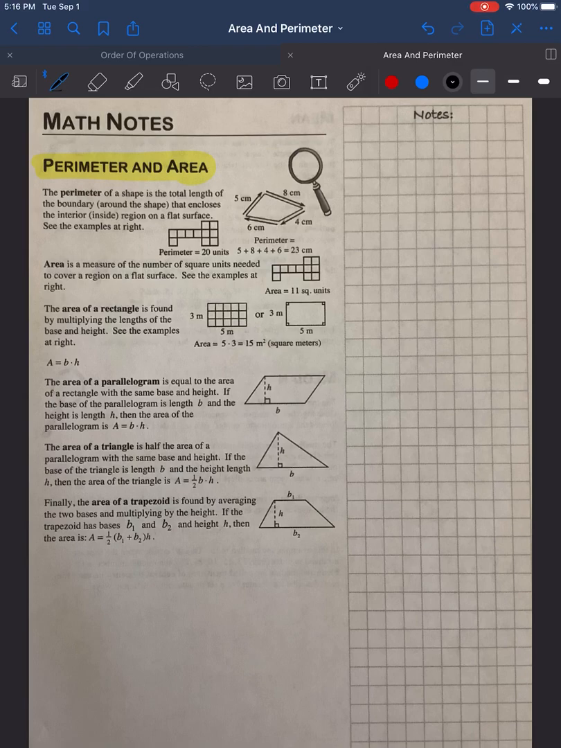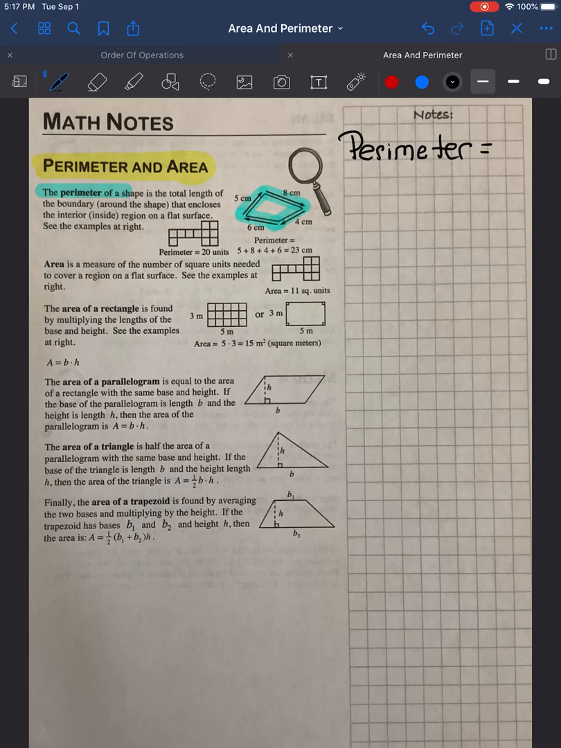First of all, perimeter. What is perimeter? It is the distance around the outside of any shape. Well, any polygon. Okay, so perimeter, very easy to find. The perimeter of the shape is the total length of the boundary points. That sounds confusing. We're going to just kind of write ourselves a little note over here that perimeter,